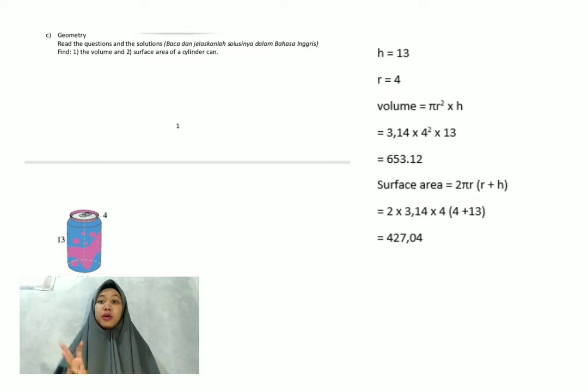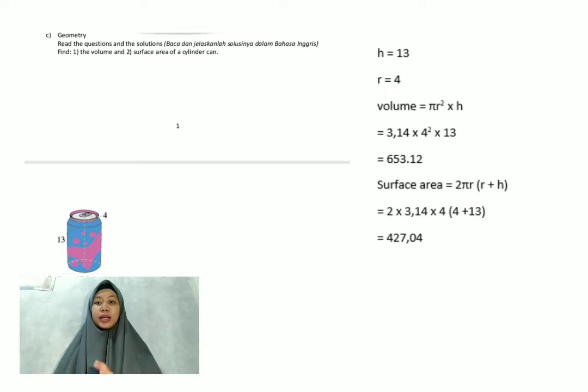Question number 3 about geometry. Read and define volume and surface area of cylinder. We know the height equals 13 and the radius equals 4. So volume equals pi times r squared times h equals 3.14 times 4 squared times 13 equals 653.12, and the surface area of cylinder equals 2 pi r